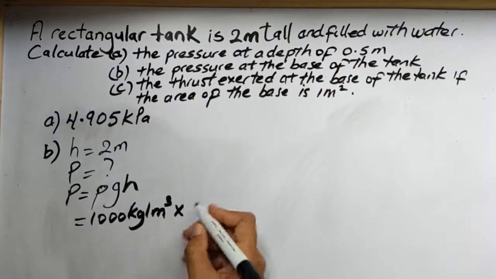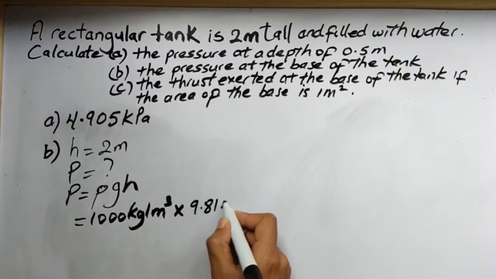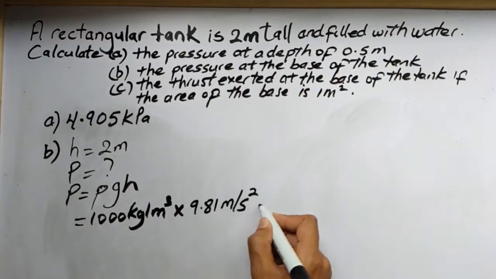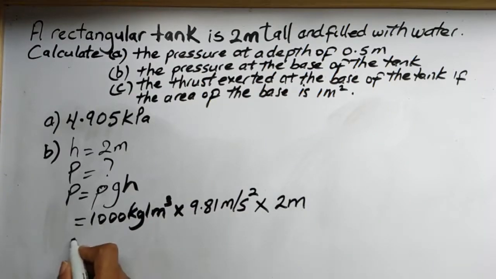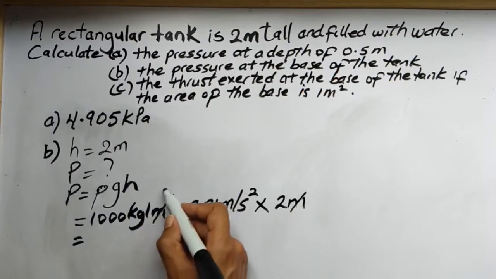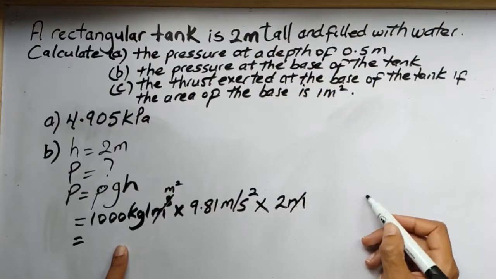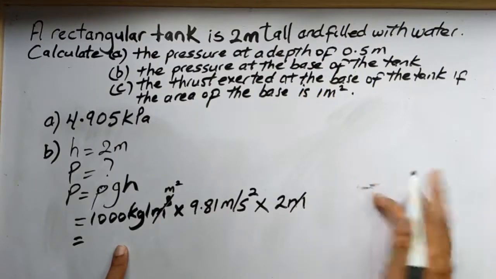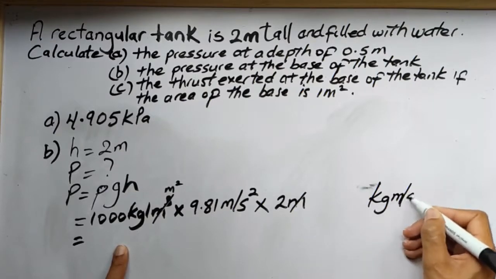We'll multiply that by the acceleration due to gravity, 9.81 meters per second squared, and we multiply it now by a height of 2 meters. Once again, our units will cancel. We'll be left with, and I can write it here on the outside, kilograms meters per second squared